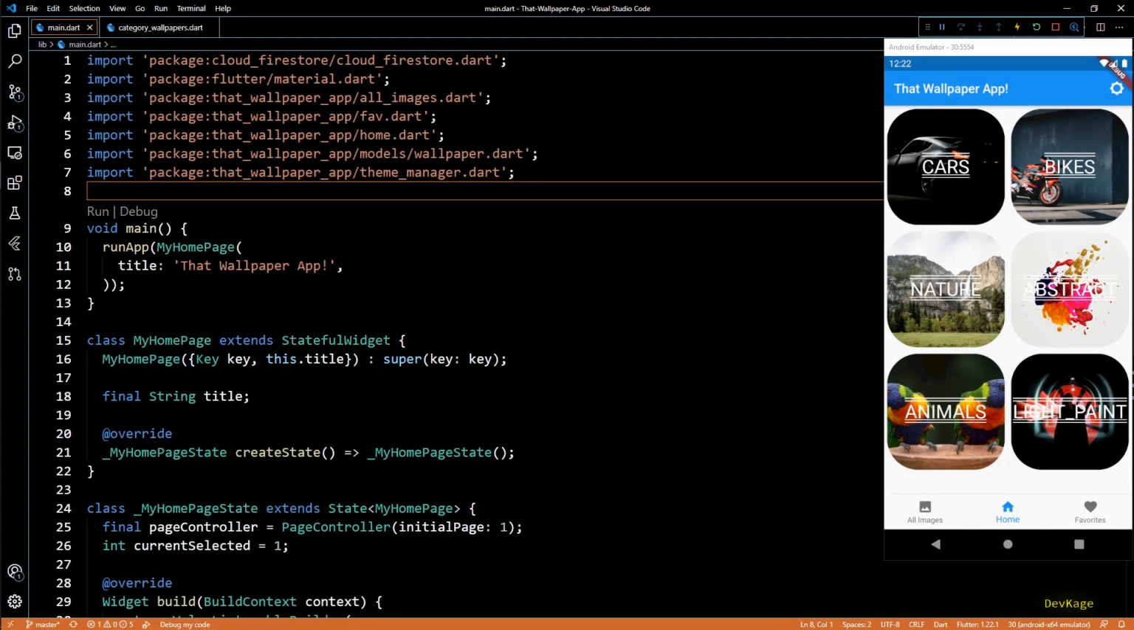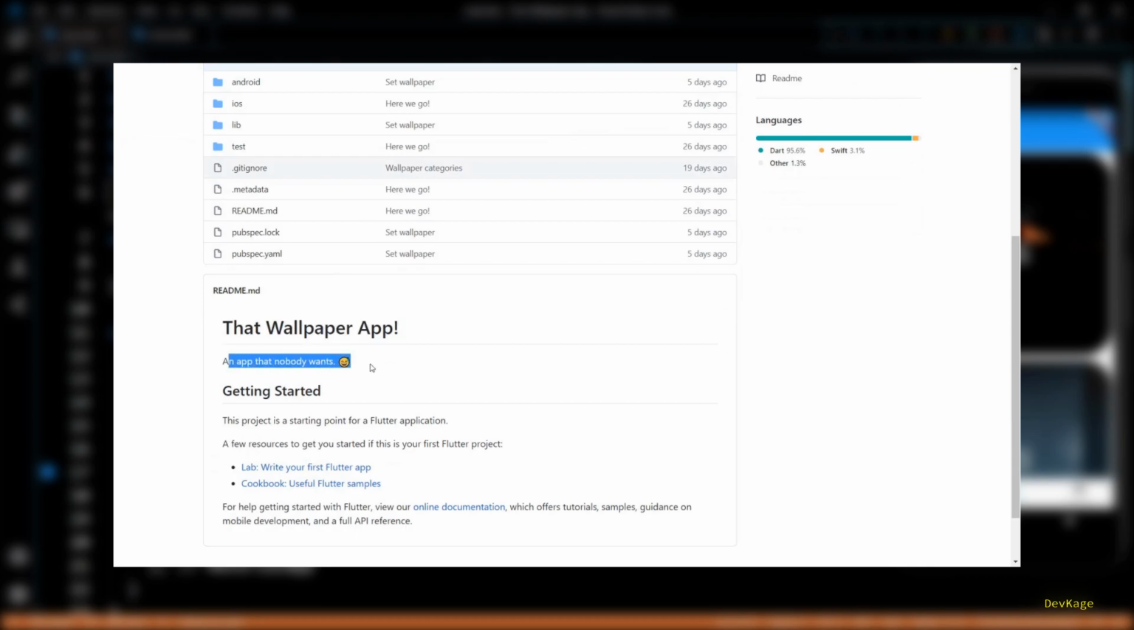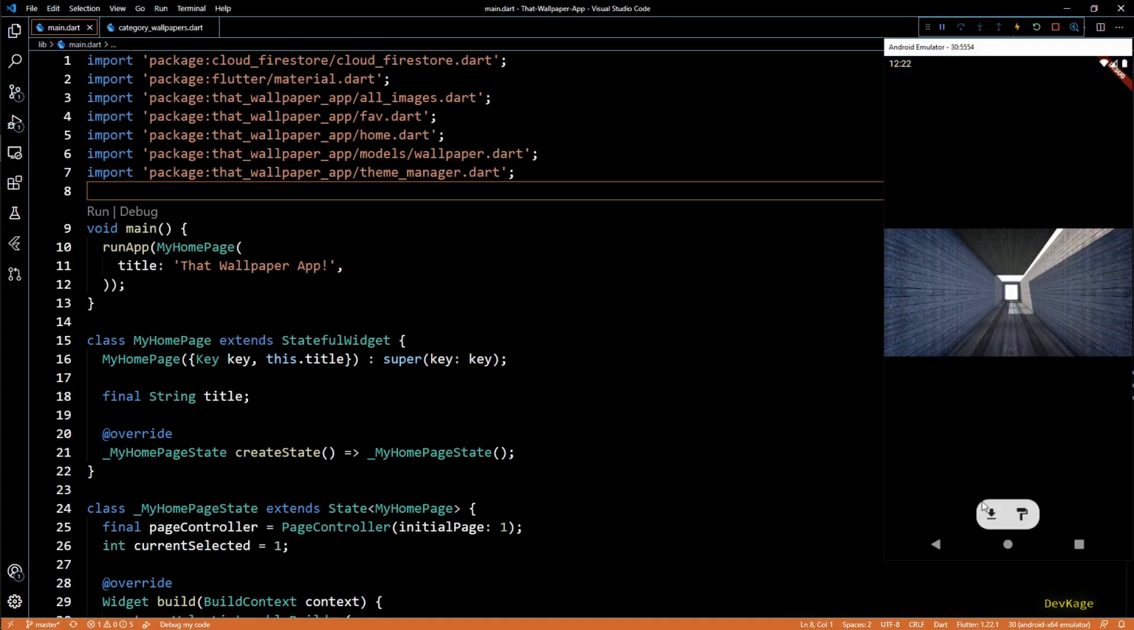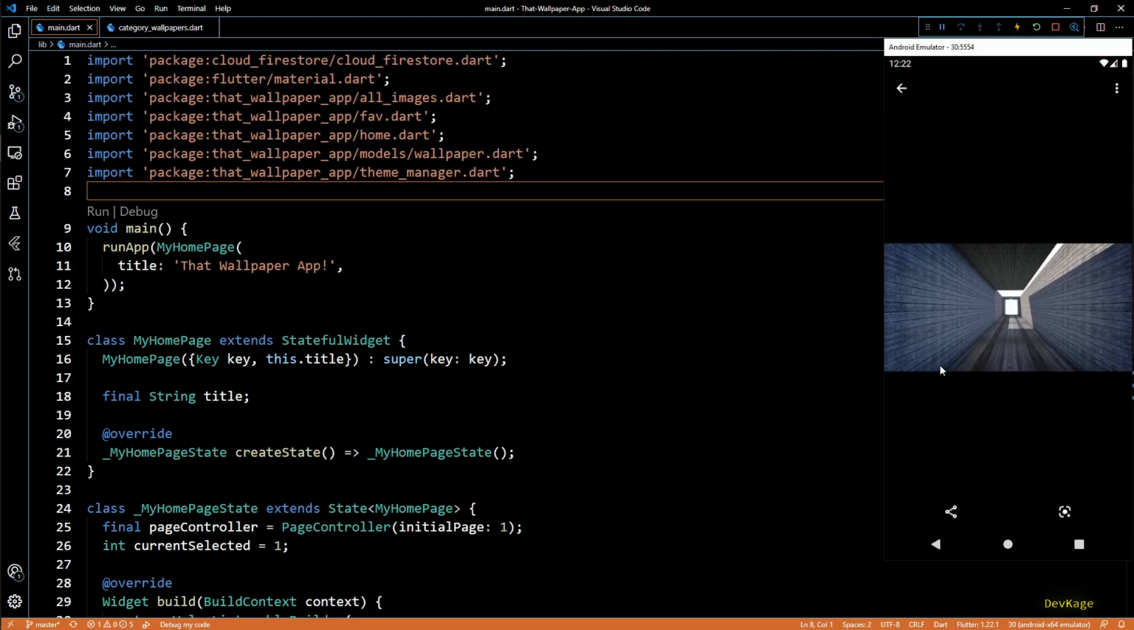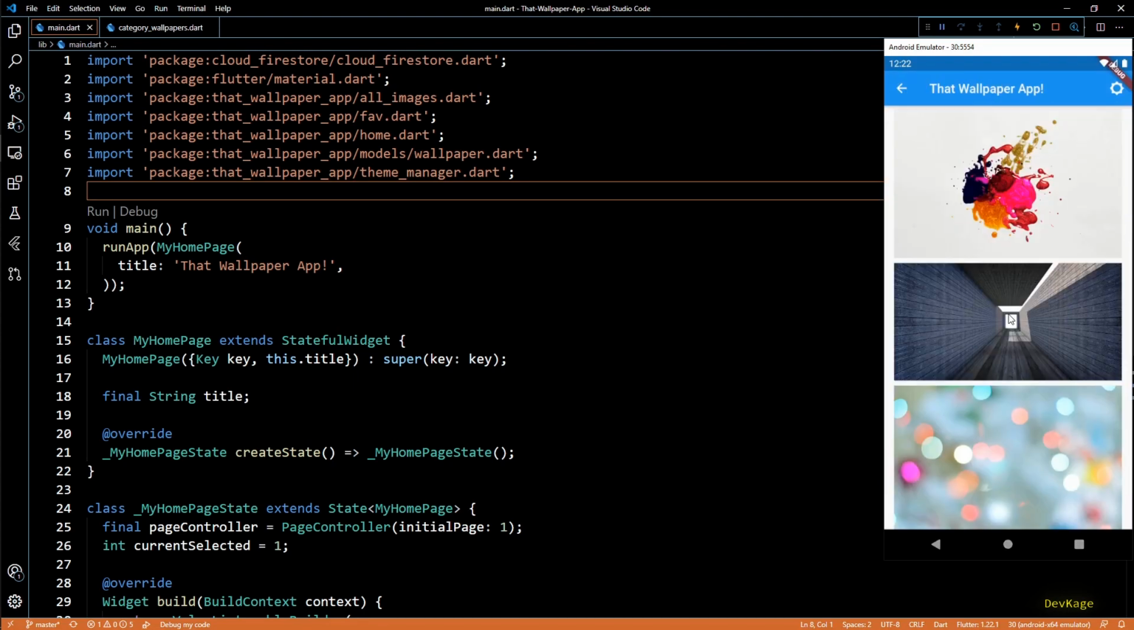Hey guys, welcome back to this Flutter app development series where we are creating that wallpaper app which no one wants. In the last video I added this download wallpaper button in wallpaper gallery using which users can download wallpapers to local storage. And now if we go to home page and select any of the category, it opens up